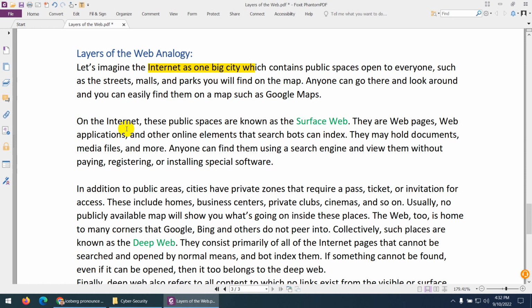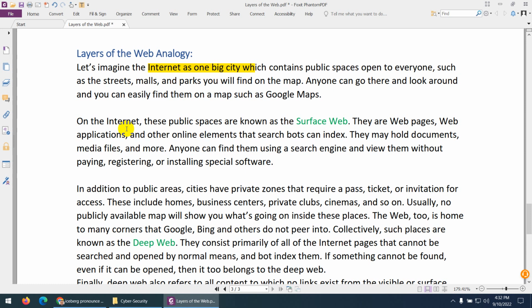Consider them, and there are public spaces which are open for everyone in these cities, such as streets, malls, parks. All those are open for anybody, and anybody can go to these malls. They can go to those shops. They can buy anything, and they can do whatever they want, because those parks are open for everybody within this big city. Yeah, that's what we do normally.